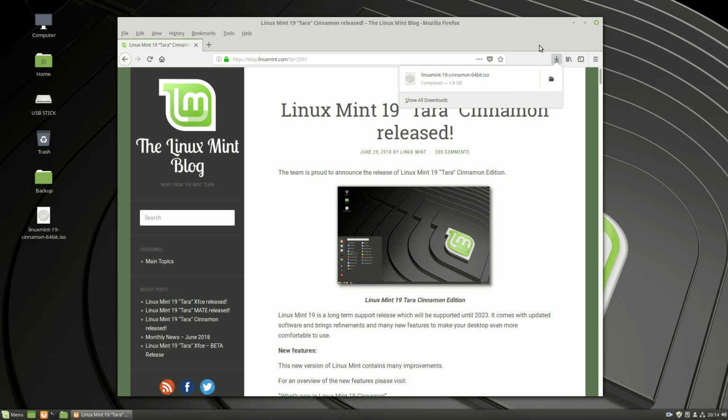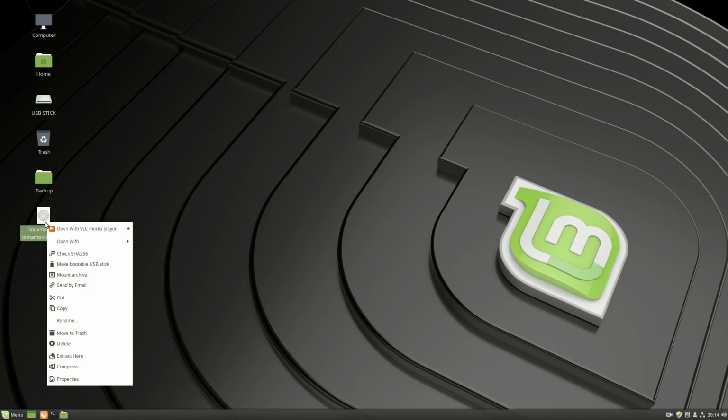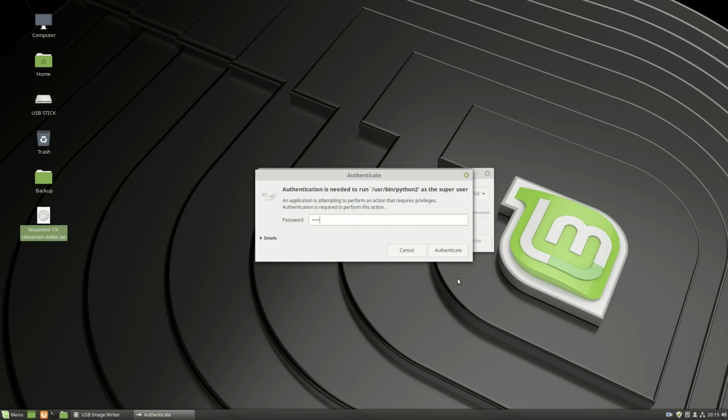Alright, so once it has finished downloading the ISO file, go ahead and right click on it. Be sure that your USB stick is still inside your computer. So right click then on the Linux Mint ISO file, which you just downloaded, and that will show you the fourth option, make bootable USB stick. Just click on that, write image Linux Mint 19 ISO file to your USB, just this one here, in our case SDK, and click on write. Enter your extremely secure password,